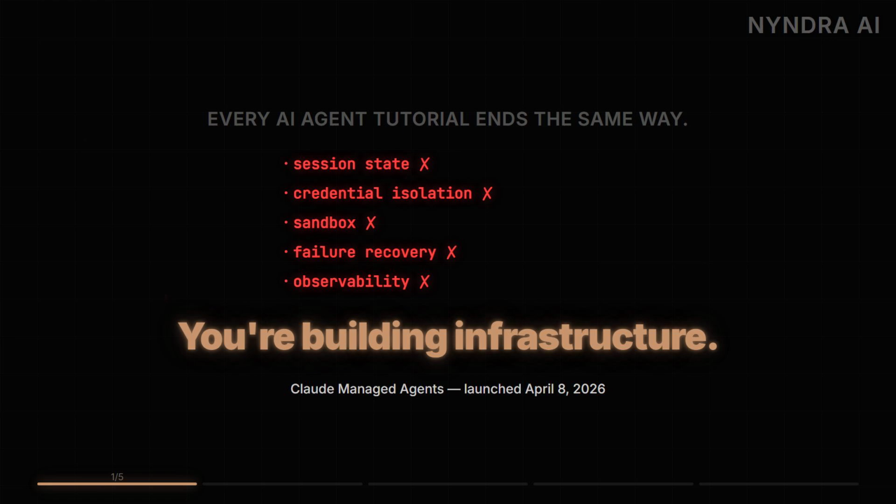You thought you were building an agent. You're actually building infrastructure. Claude Managed Agents launched 3 days ago. It makes